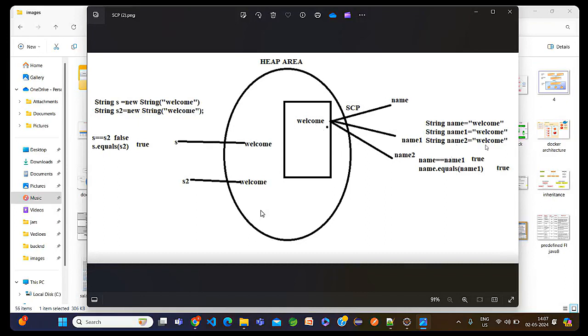Again, name2 also I created like welcome. Duplicates are not allowed. SCP is saying, I already have the same value, you can use this location. Is the location the same or different for these three references? References are different, but the location is the same. Now, whenever it is a literal way,